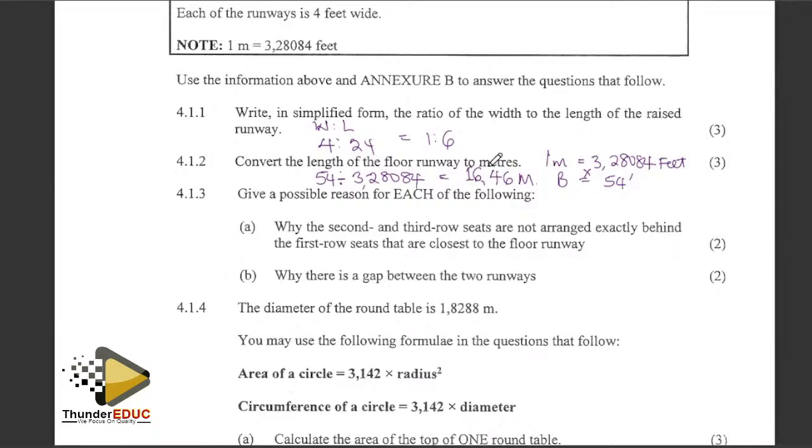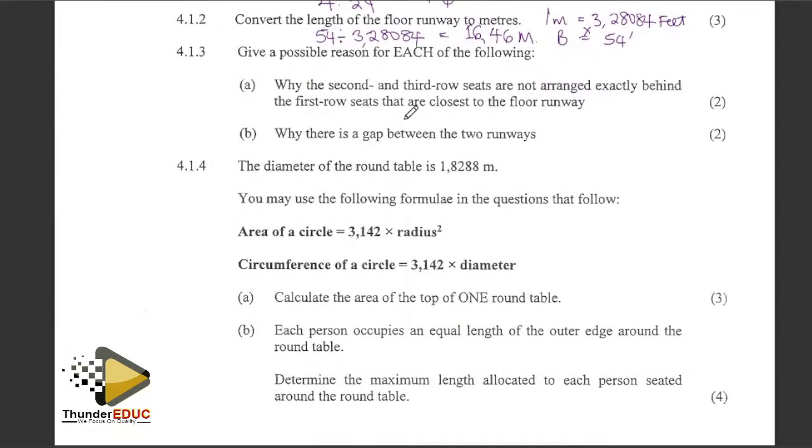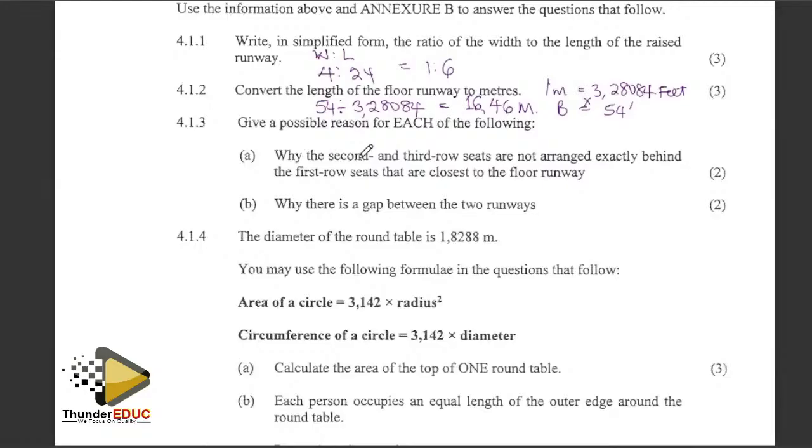They say the runway is to the meter, they didn't say it was, so it's fine, either way you don't round up to the nearest number. Give a possible reason for each of the following. Why are the second and third row seats not arranged exactly behind the first row seats? This is so simple, to allow a clear view